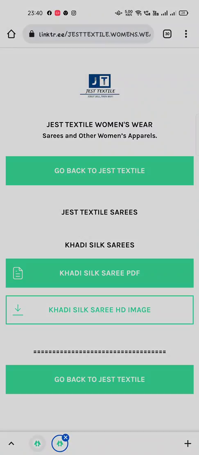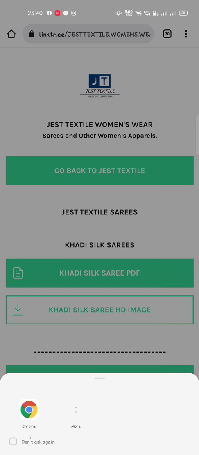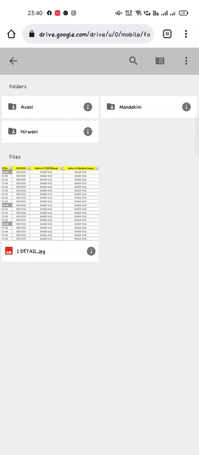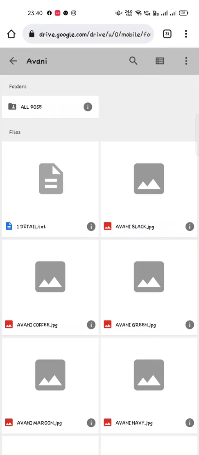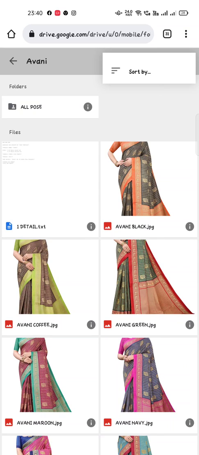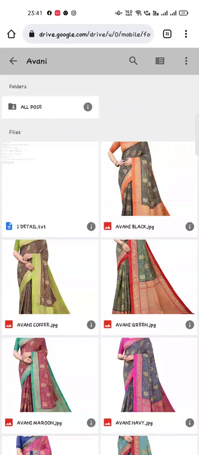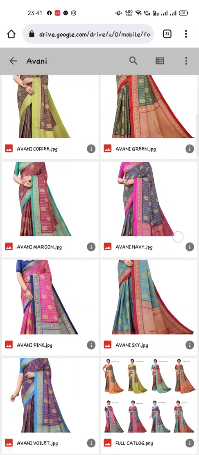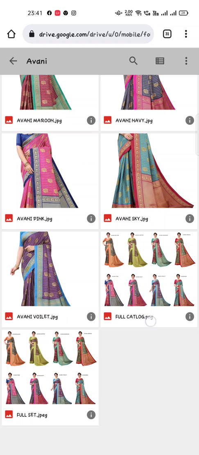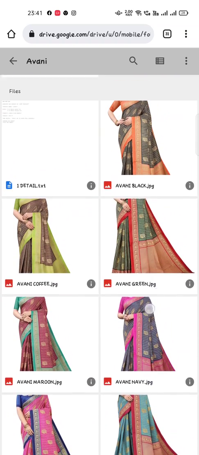In HD image you can go to the Google Drive, Chrome. You can see the details again. Go to the folder. You can download from here. You can see the details and photos and combo, full catalog.